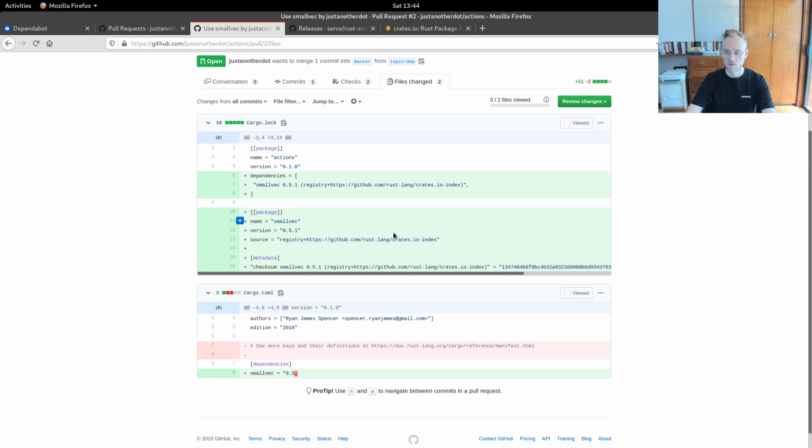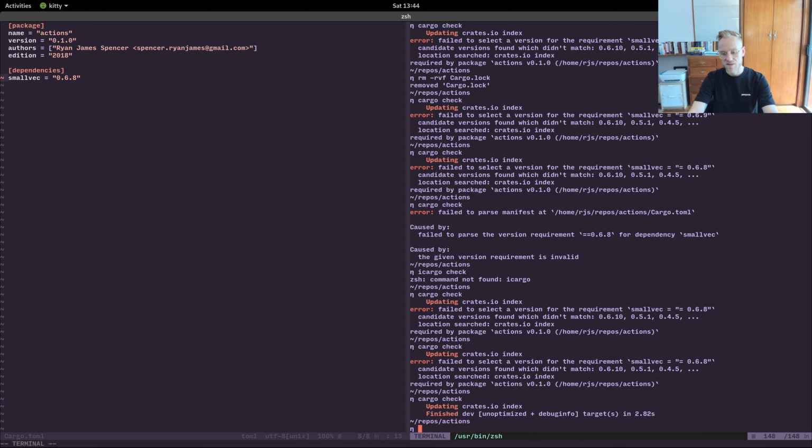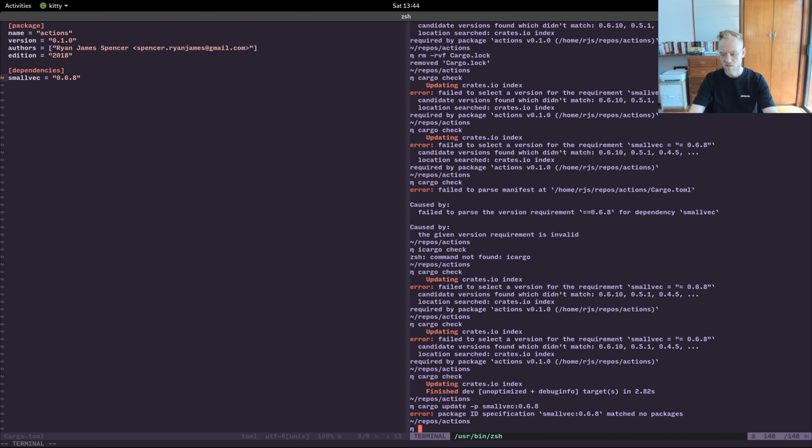So, let me try going here, cargo check, and I'm going to try to munge this in such a way, update -p small, what was it, 0.6.8. Okay, there is a way here,